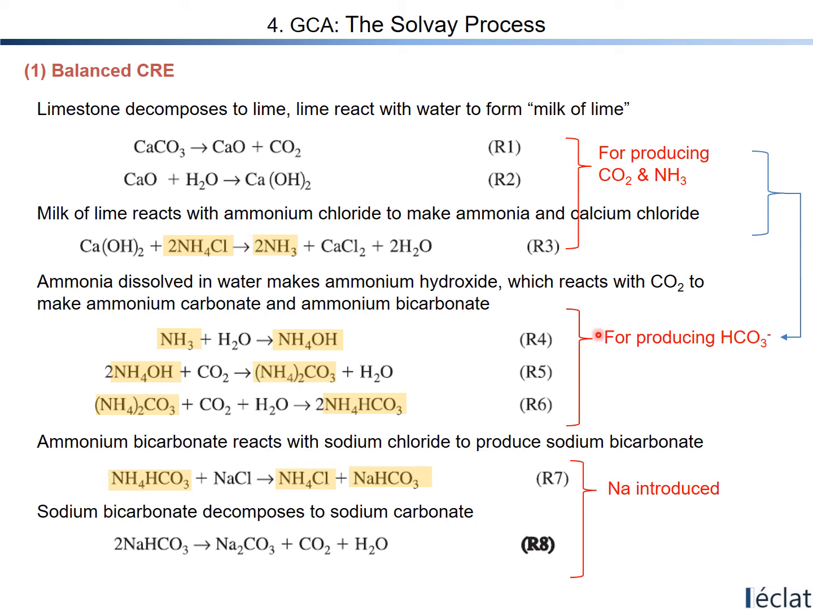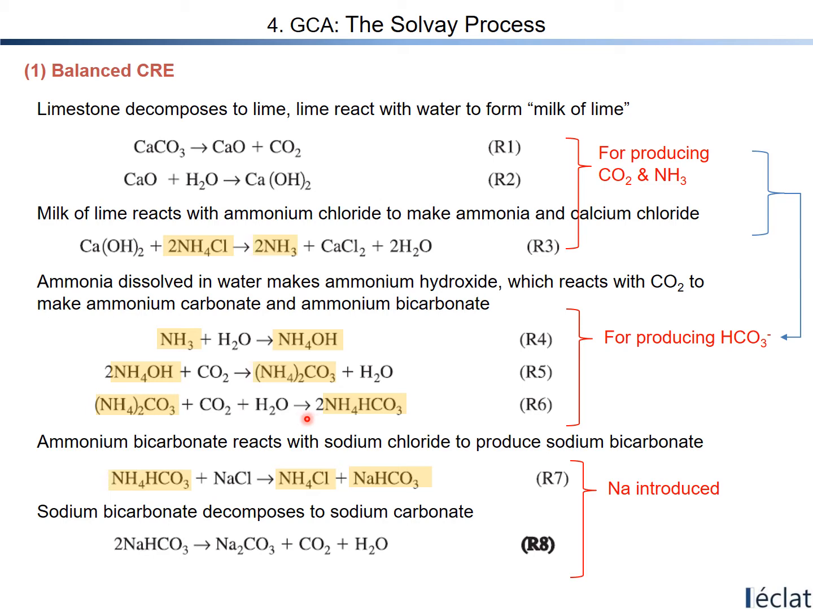Then let's go to the second group of reactions. In the second group of reactions, ammonia is used. That ammonia is coming from the first group of reactions. Ammonia plus water, actually ammonia dissolved in water, makes ammonium hydroxide, which reacts with CO2. Of course, CO2 is coming from the first group of reactions. CO2 to make ammonium carbonate, and then one more